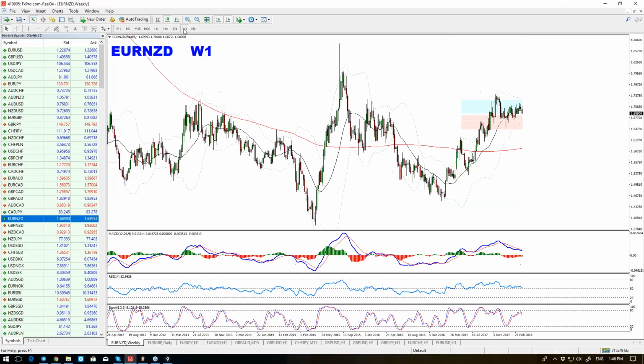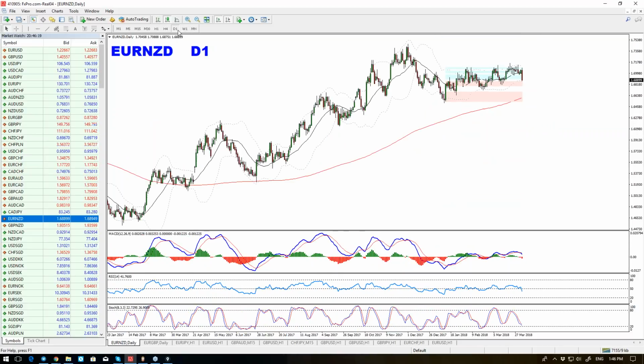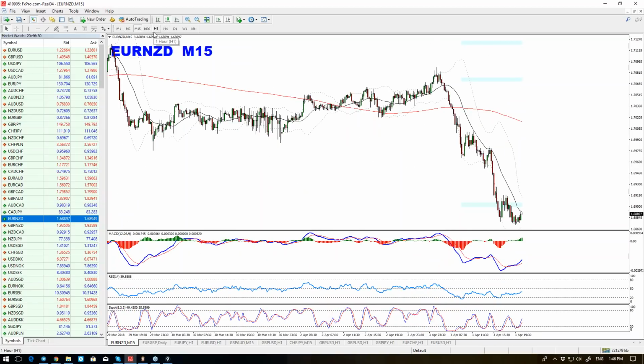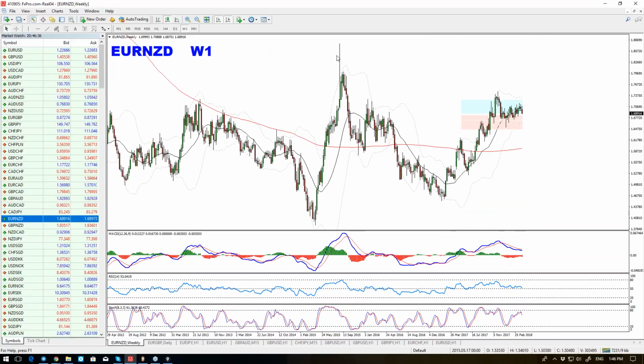Since we want to work here with the daily cycle, we need to work with the 4 hour and 1 hour as the confirmations and the entries for us. 15 minutes is not in play before 4 hour and 1 hour. Both would give us the okay to go. By the way, according to the weekly